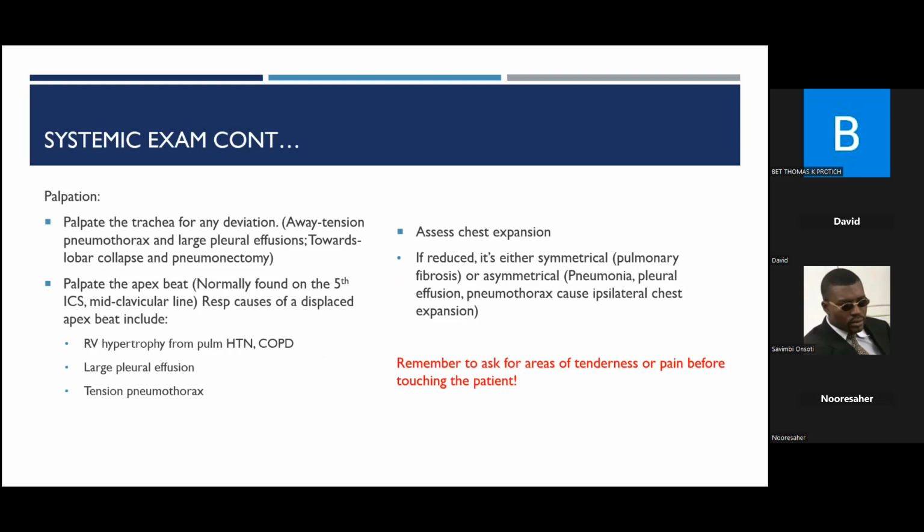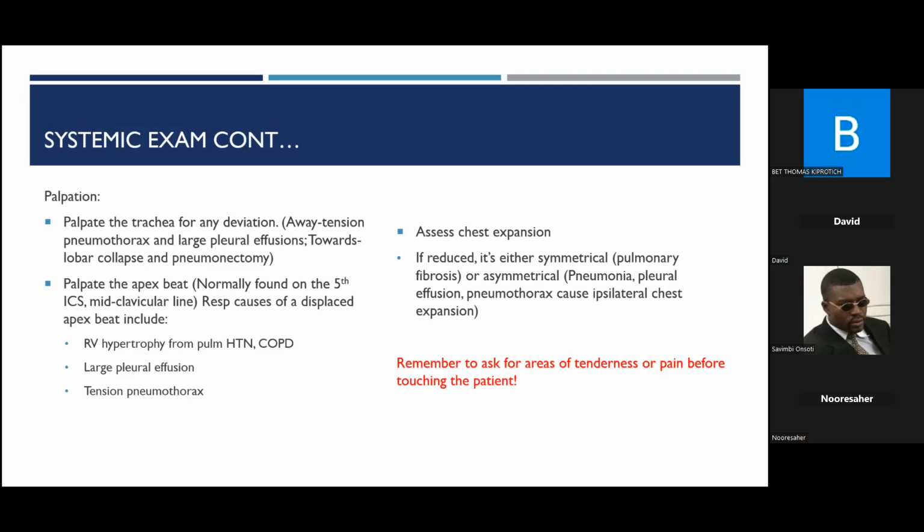Now for palpation. Our interest when it comes to palpation is the trachea, the apex, and chest expansion. So start with palpation of the trachea. There's a certain technique to palpate the trachea to make sure it's not deviated, and if it is, to elicit that. There are some conditions that bring about deviation of the trachea,